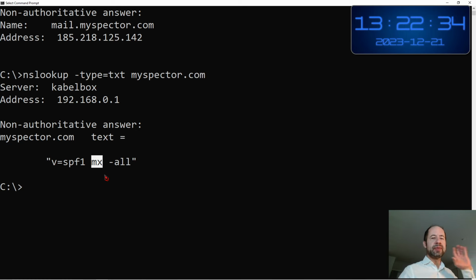So if one mail server receives an email from myspector.com, it will say, okay, you are allowed. But if you take your own machine, connect to the SMTP server, and send an email on my behalf, the machine will see that you have a different IP than the mail server and will flag you as not allowed.